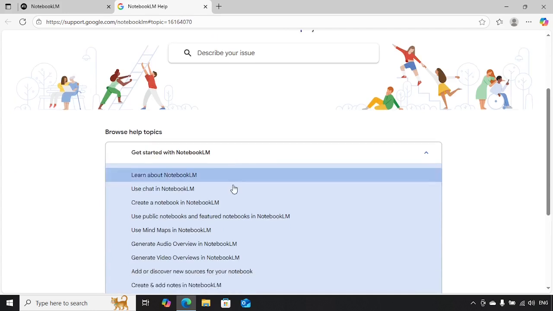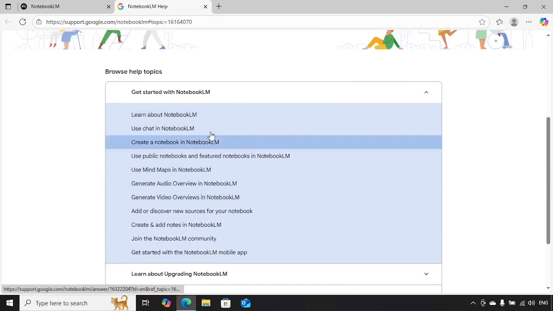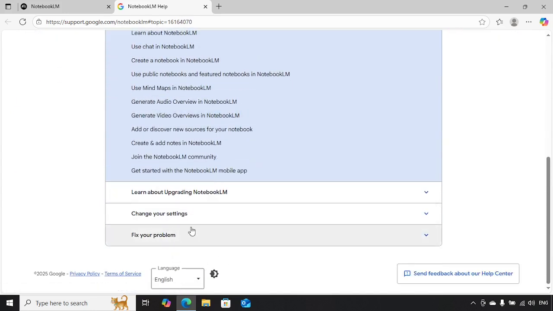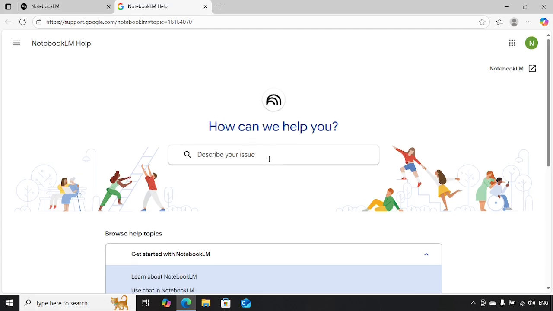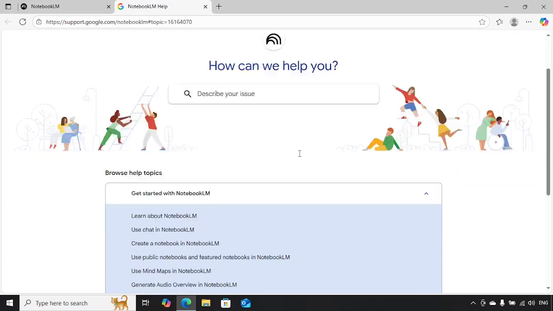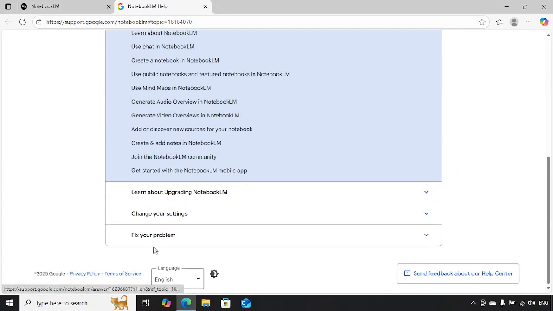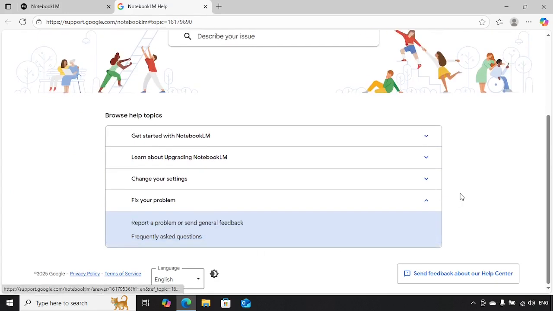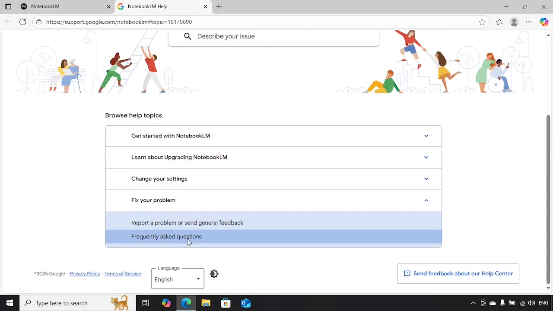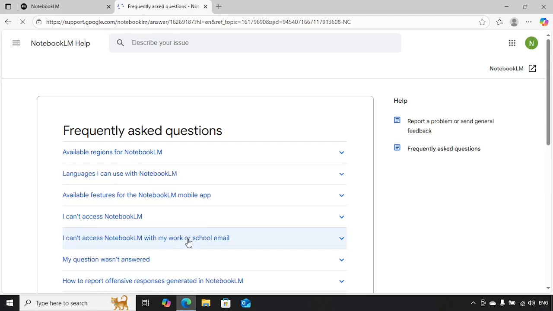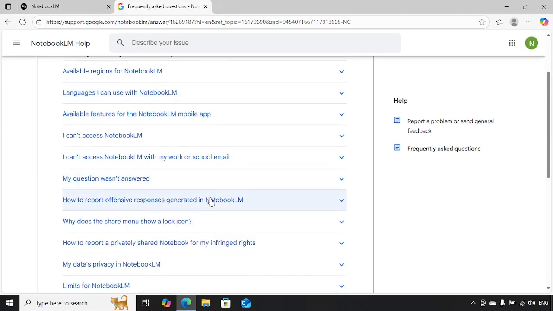These are all frequently asked questions by users. So if you have any issues with NotebookLM that you are curious about, you can come here and ask questions. Let's say for example, here you see fix your problem. I'm going to click on it and it says frequently asked questions. If you click on it, it will take you to a screen where you have a lot of